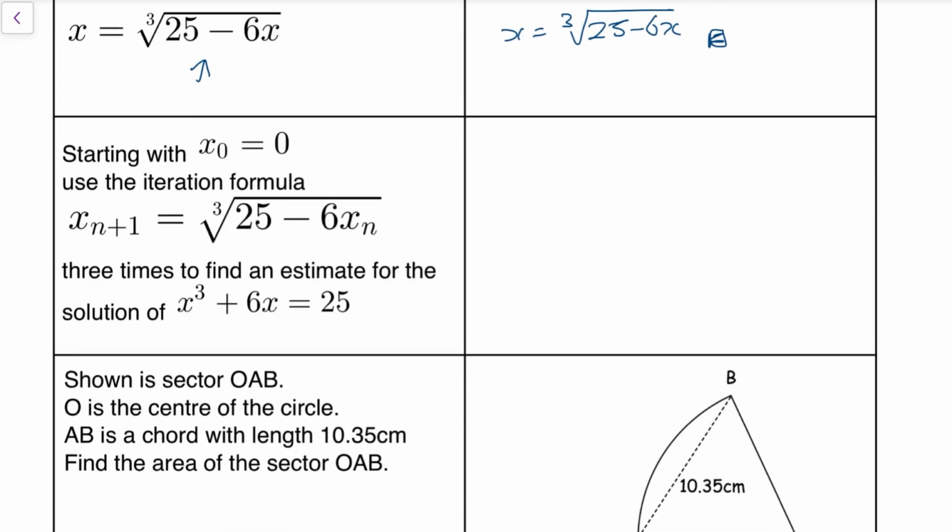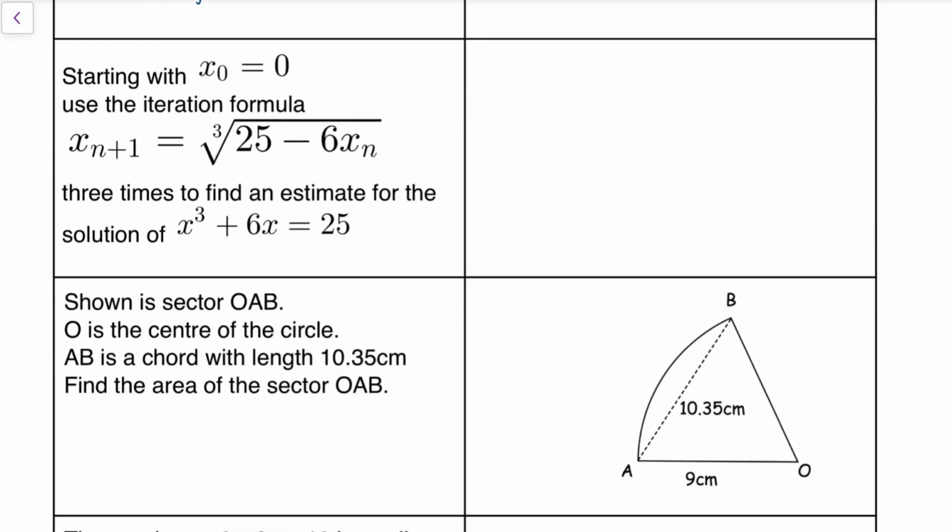Not too bad. Then the next part, again, pretty typical. So on my calculator, I'm going to type 0 and equals, and kind of put 0 in the memory. And then I'm going to put the formula in. So I want the cube root of 25 minus 6 times answer. Press equals. And the first one I get, so x0 equals 0, x1 is equal to 2.99,